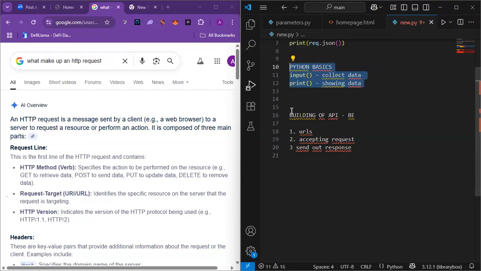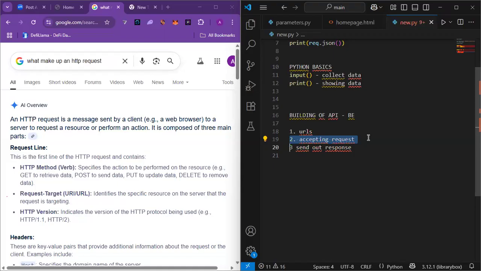So that is where every request that is being sent has to somehow come with parameters. Every request has to come with parameters. That is, if this URL or this endpoint will be accepting data, we will be accepting data. So what makes